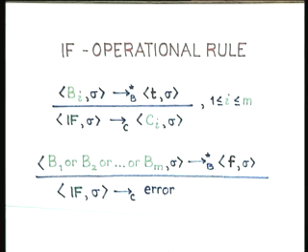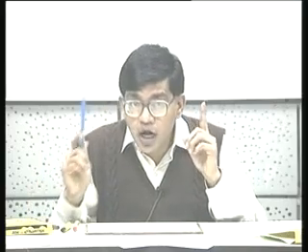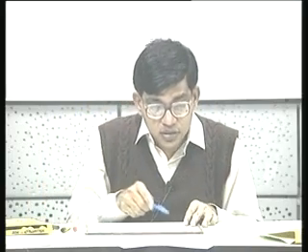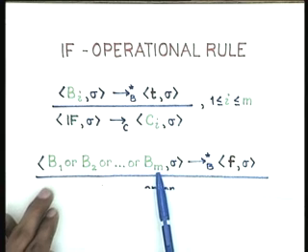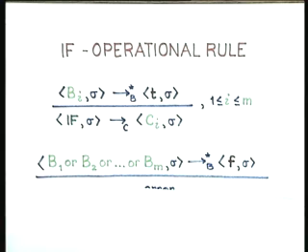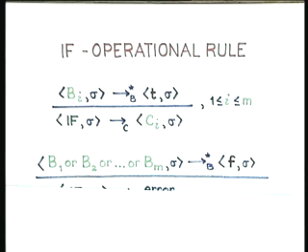This kind of thing should ensure that any programmer has to be careful to make an exhaustive list of all the possibilities. It is not necessary that B1 or B2 or up to Bm, the disjunction of all the guards, has to be necessarily a tautology. But what is necessary is, for the set of possible states, it should be possible to prove that only those states are possible which make at least one of these guards true, and the two things are different.